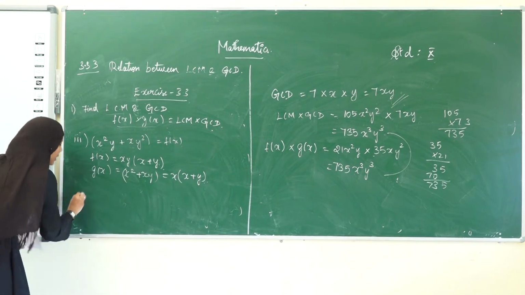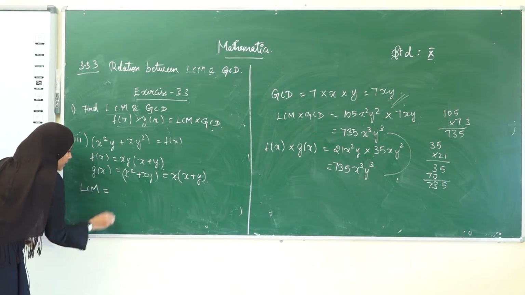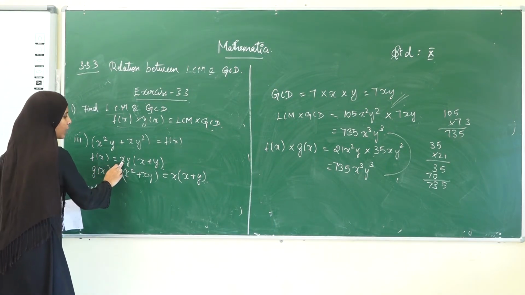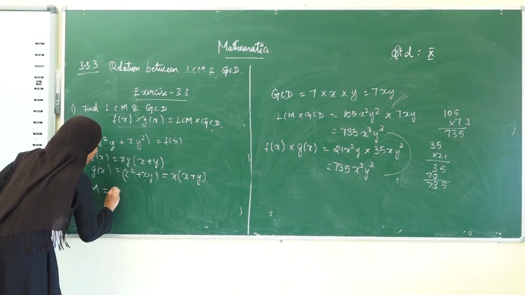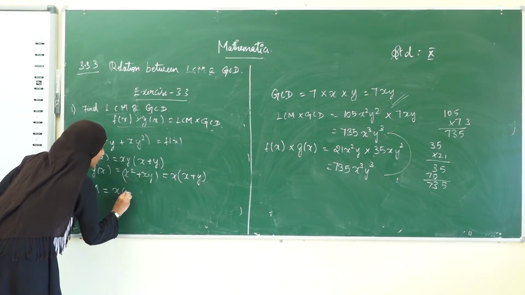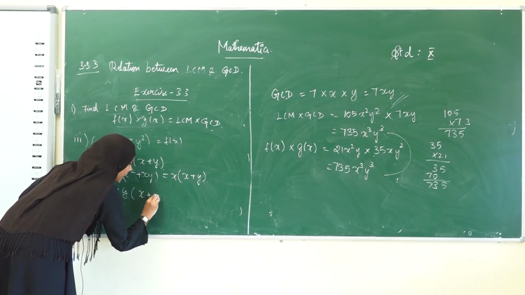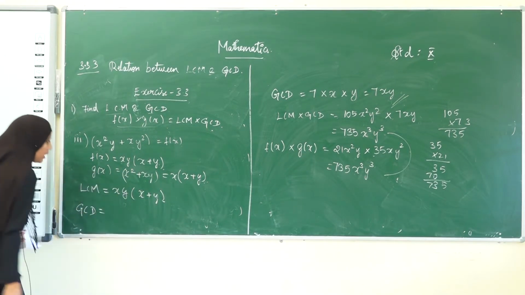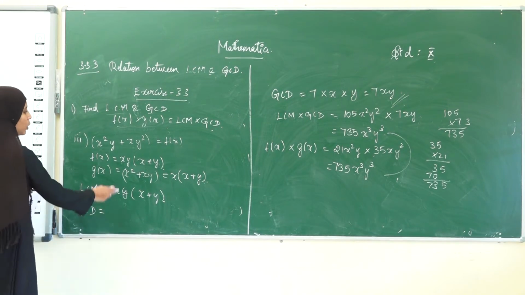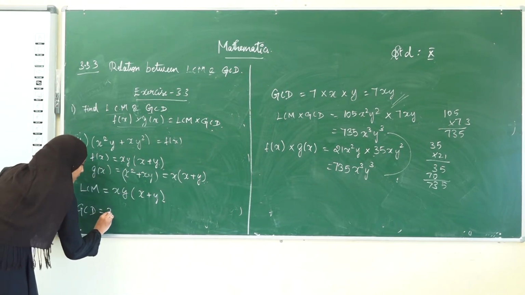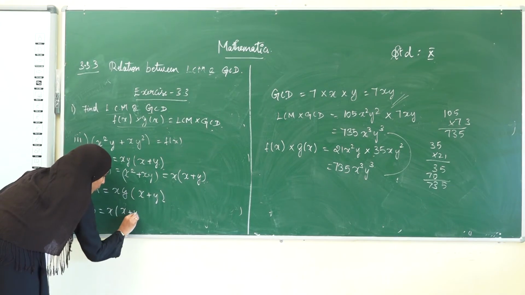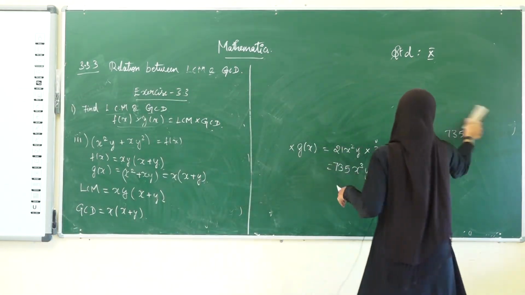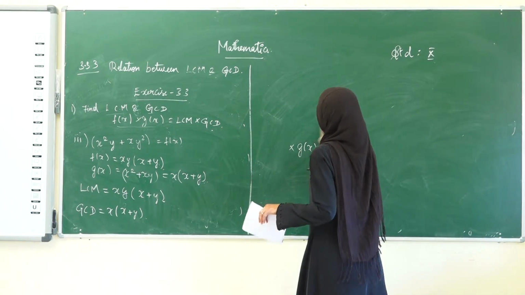Okay, now shall we find the LCM and GCD? Now LCM of f of x comma g of x. So LCM, see the x term here, it is x, here it is also x, therefore 1x and 1y should be there, and then we have x plus y. This is the LCM. Now GCD. Okay, shall we find the GCD? What are the terms we have in common? That is x into x plus y only we have in common. Okay, now we have found the LCM and GCD.